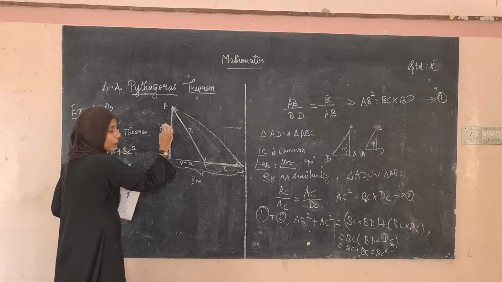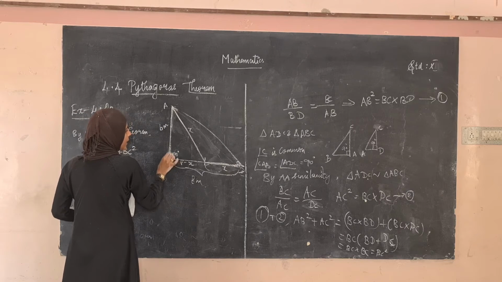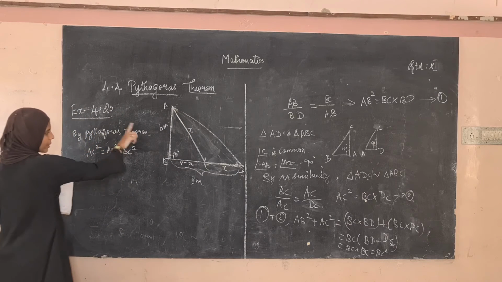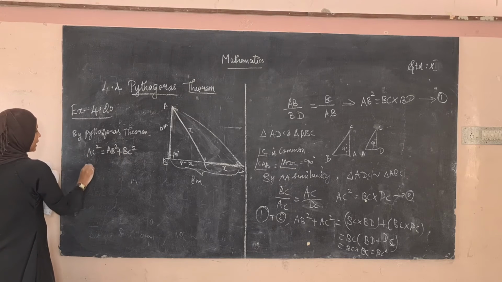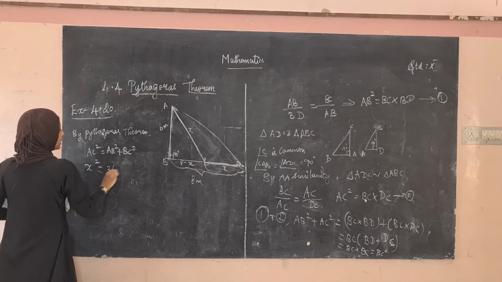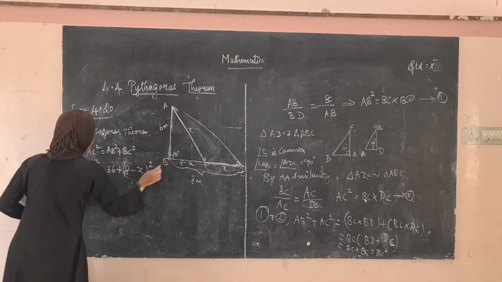This is straight perpendicular. So when it is perpendicular, this will be the 90 degree. So if this is 90 degree, what is opposite to it? Hypotenuse. Okay, so from this, AC square is equal to AB square plus BC square. What's the value of AC square? That is x square. What is AB square? 6 square is 36, plus what is BC square? 8 minus 6 the whole square.